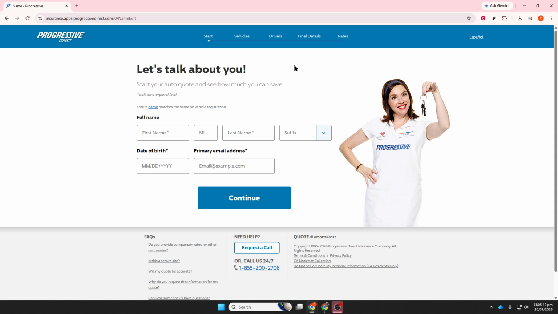Once your policy is active, access it online by creating or signing in to your Progressive account. From there, you can view your policy, get insurance ID cards, make payments, update your information, and manage your coverage whenever needed. Finally, keep your policy up to date as your business changes. If you add or remove vehicles or drivers, make sure your policy reflects that. It's also a good idea